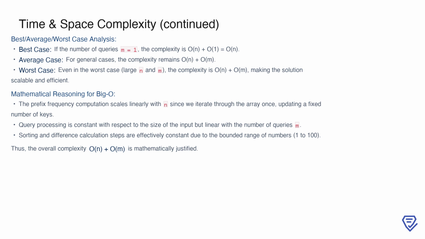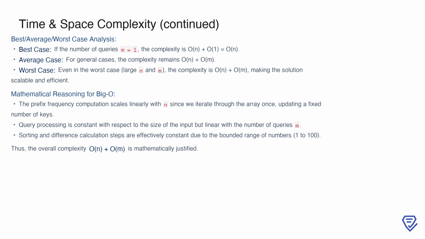This efficiency is mathematically justified because the prefix frequency computation scales linearly with the size of the input array n, and query processing scales linearly with the number of queries m. Additionally, steps like sorting and difference calculation are effectively constant due to the bounded range of numbers from 1 to 100. This ensures that the solution's overall time complexity, O(n) plus O(m), is both optimal and robust for